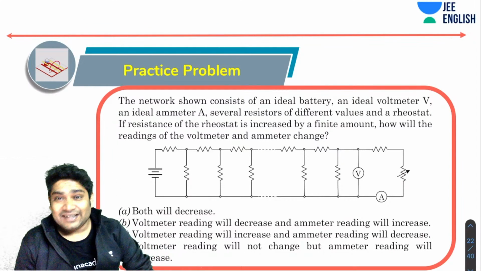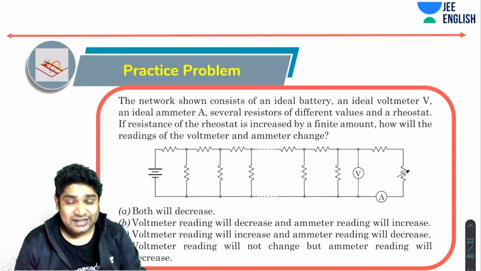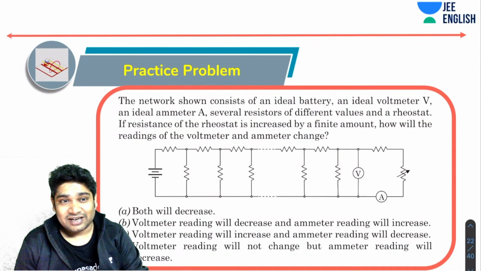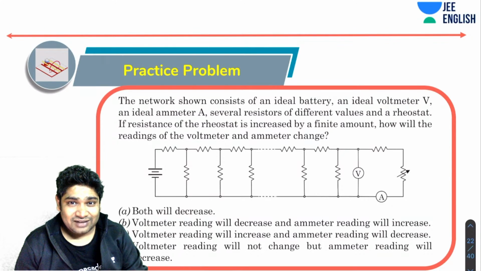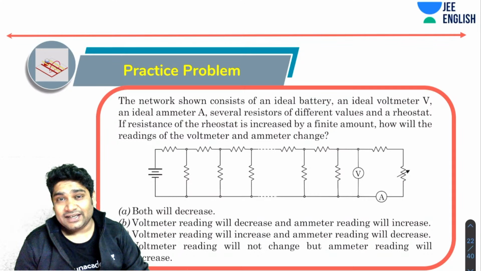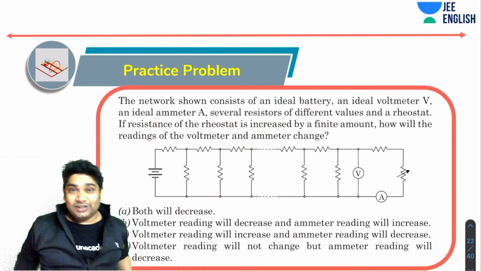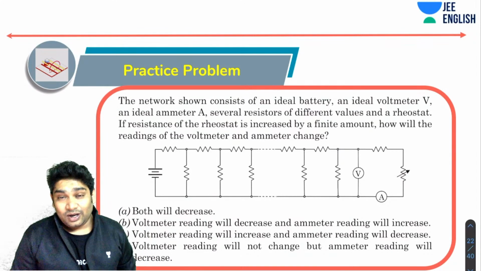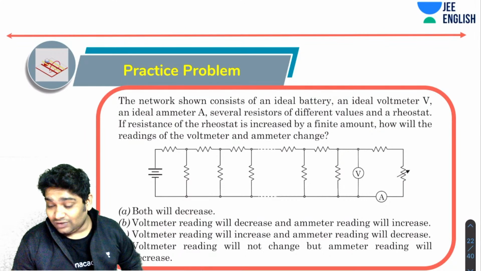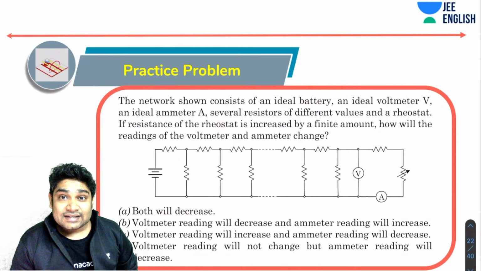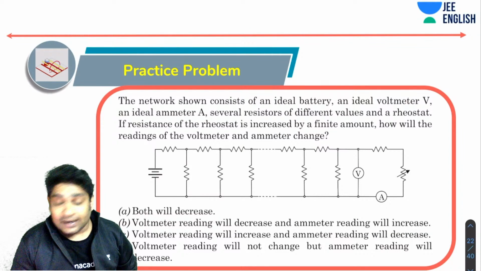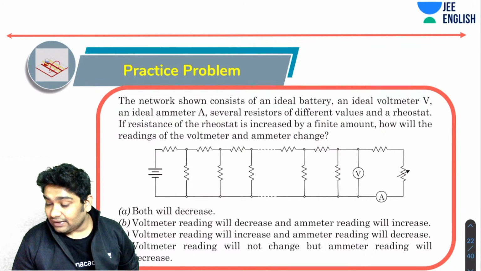So again, as I said, IIT JEE does not usually ask you too many questions on these special kind of methods. So if you are only focused on your IIT JEE exam, then no need to worry about this too much. Okay. All right. So here, let's try another one. So this question says a circuit shown consists of an ideal battery, an ideal voltmeter, and an ideal ammeter. So every circuit element is ideal.